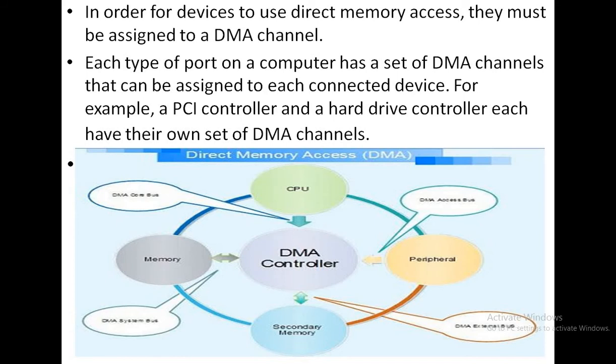Okay, so this is the diagram of the DMA controller, showing the different parts that are controlled by the DMA. Here the CPU uses the DMA controller and the secondary memory. The peripherals are also controlled by the DMA controller, and the memory and the DMA bus are also controlled by the direct memory access mechanism. Okay,